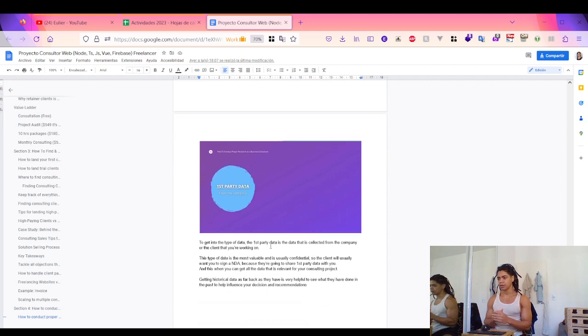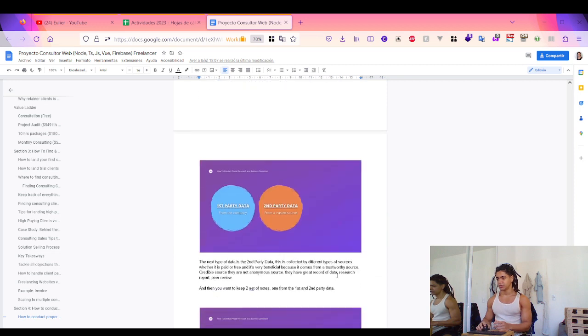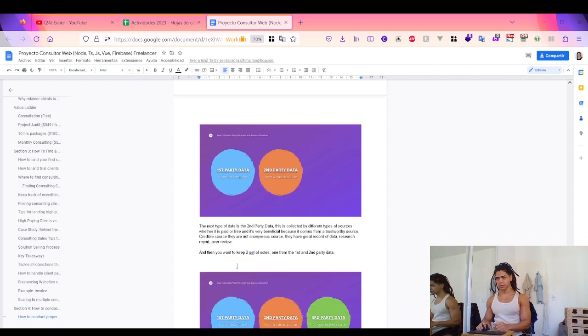It's a credible source, not an anonymous source. And then you want to keep these two sets of notes, one from the first and one from the second party data.